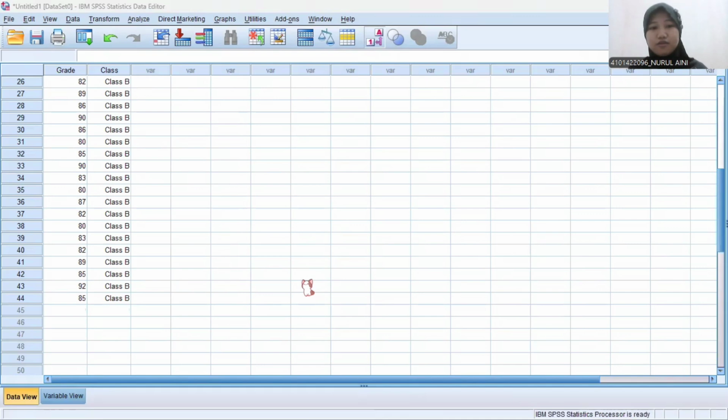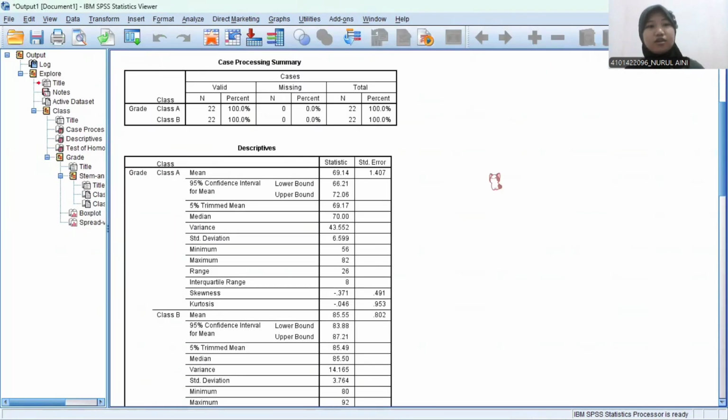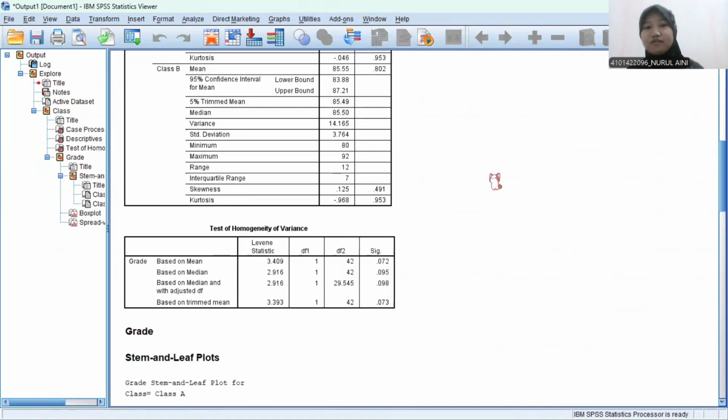And then later we can get the output. Now the output will be like this. We don't need to see the case processing summary or descriptives. We only see the test of homogeneity of variance. So as we see here,